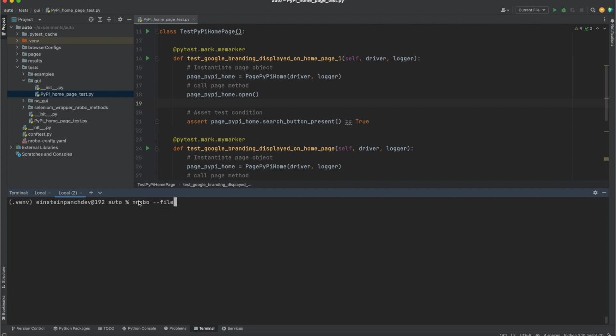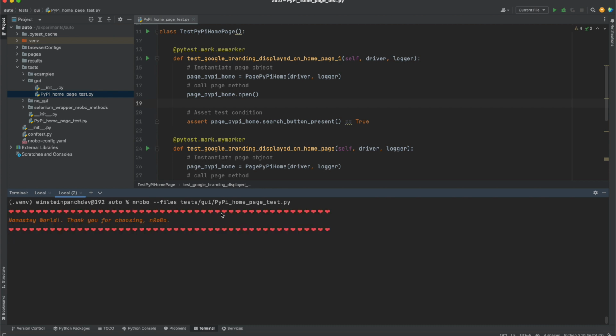test.py. So we will use hyphen file switch and then list of modules we can supply. Here we are only going to supply one module. So this is the module that we want to run all the tests from it. So test started running